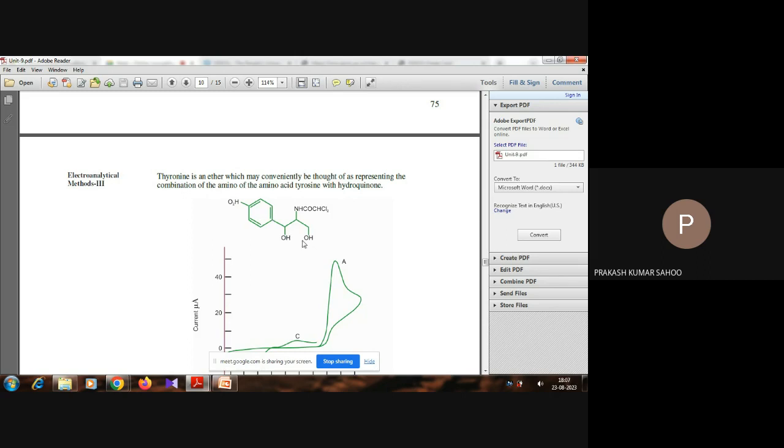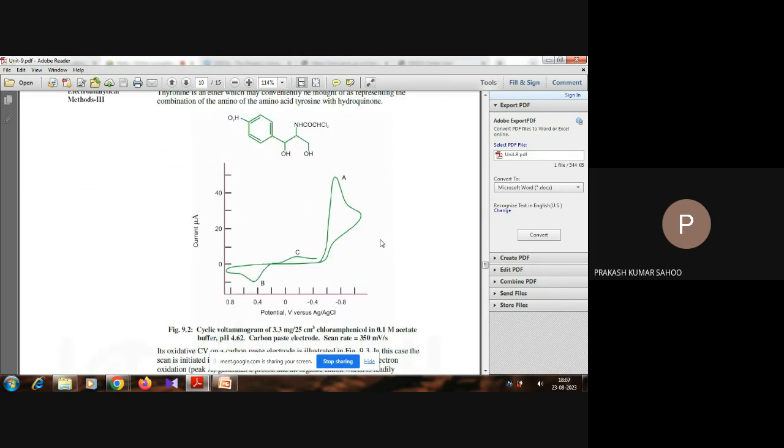Then we add tyrosine, and then we will get thyronine. So this is a compound, an ether of thyronine. And if we go for voltammetry analysis of this compound, we have a current versus potential curve here with a silver chloride reference electrode. We will get a graph just like this. That means this graph is a cyclic type, the cyclic voltammogram of 3.3 milligram per 25 milliliter